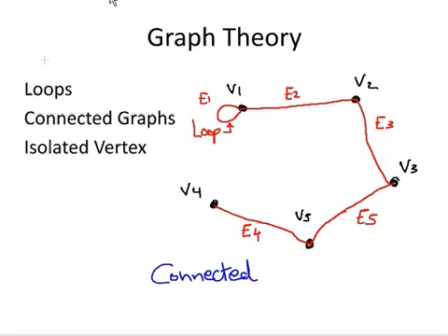Lastly, an isolated vertex is a vertex where there is no edges incident upon that vertex. So for argument's sake, we have V6 here. There are no edges. This vertex is described as an isolated vertex. And that concludes